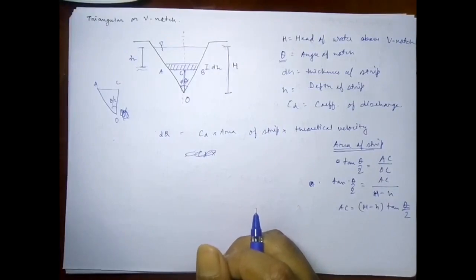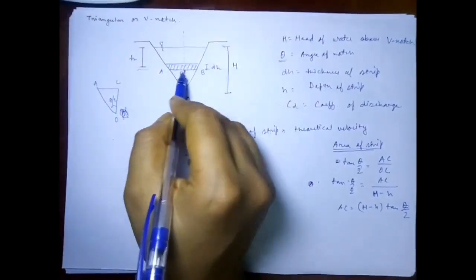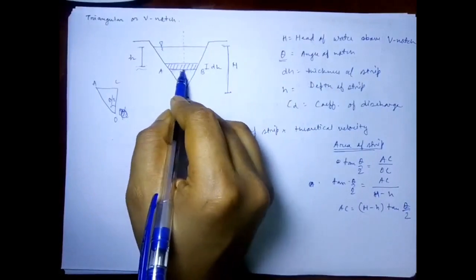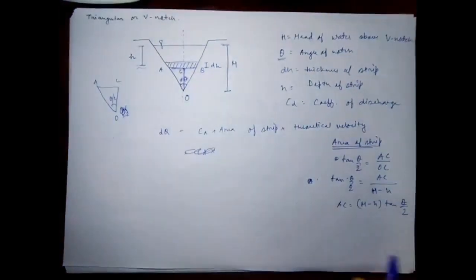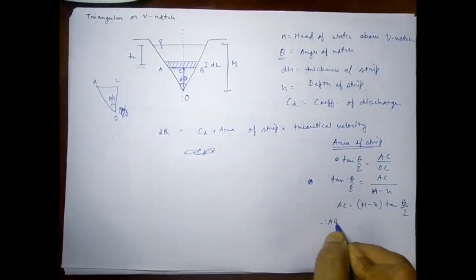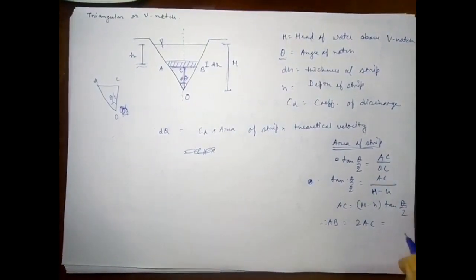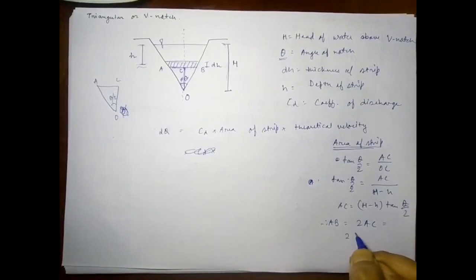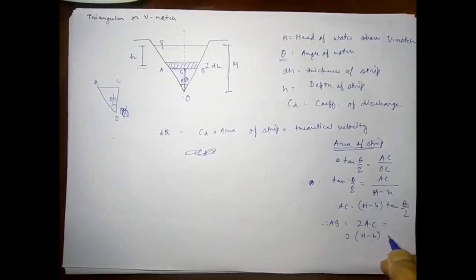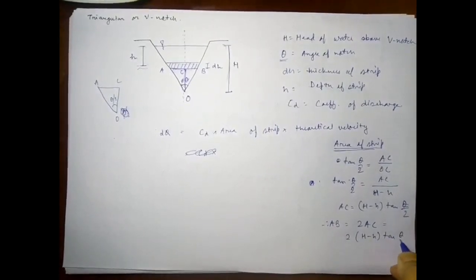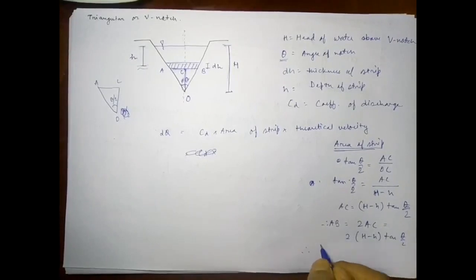The width of the strip is AB. AB is the width of the strip, and it is equal to 2 times AC. Therefore AB is equal to 2AC, and that is equal to 2 times (H minus H tan theta by 2). Therefore area is half base times height, that is half times